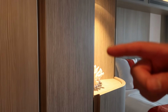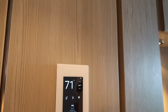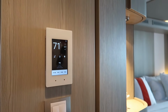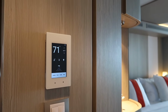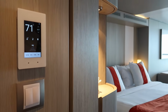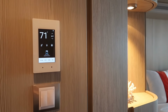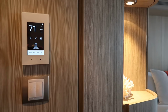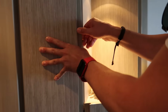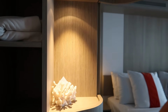Yeah. And then they said on the app though that you can control this through your app on your phone too, right? Yeah, so apparently we'll take a look at that, though. On the app, the Celebrity cruise ship app, you can adjust the temperature in your room and also the lighting. So we'll have to confirm that and see if we can get ours working, but that is also a cool feature about this room. Very high tech. Yeah. So coming around here, basically this whole wall section from the thermostat over is going to be